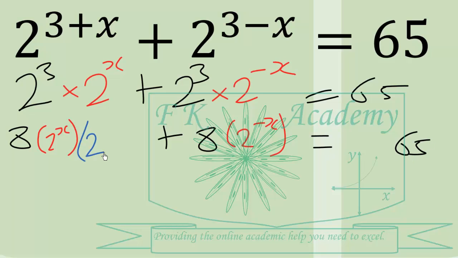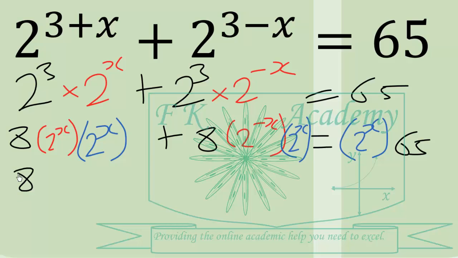We can multiply through by 2^x so that we can get 1 here. So times 2^x, times 2^x, times 2^x. So we will obtain 8 times (2^x) all squared over here. Then we'll also obtain 8 times 2^(-x)